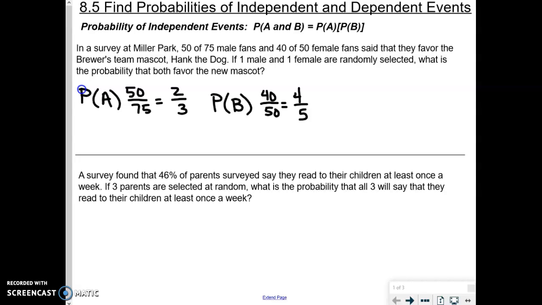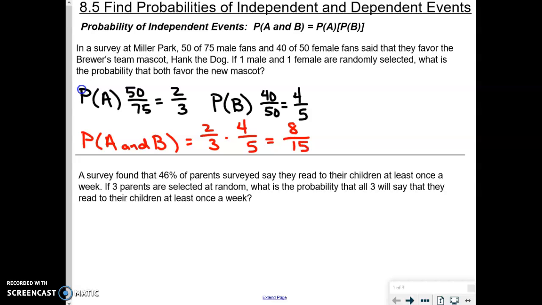So the probability of both of those occurring, meaning the probability of A and B, would be their product. So in this case, that would be 2/3 times 4/5, or the probability of this event would be 8 over